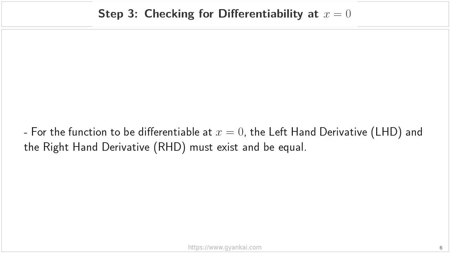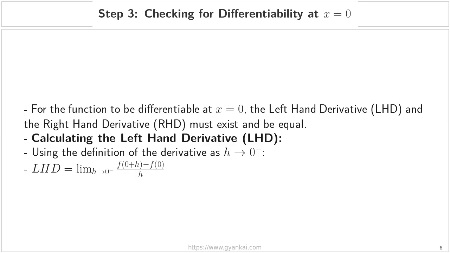For a function to be differentiable at x equals 0, the left-hand derivative and the right-hand derivative must both exist, and, crucially, they must be equal to one another. Let us begin by calculating the left-hand derivative, which we refer to as the LHD. To do this, we use the formal definition of the derivative by taking the limit as h approaches 0 from the left. The formula for this limit is the function of 0 plus h minus the function of 0, all